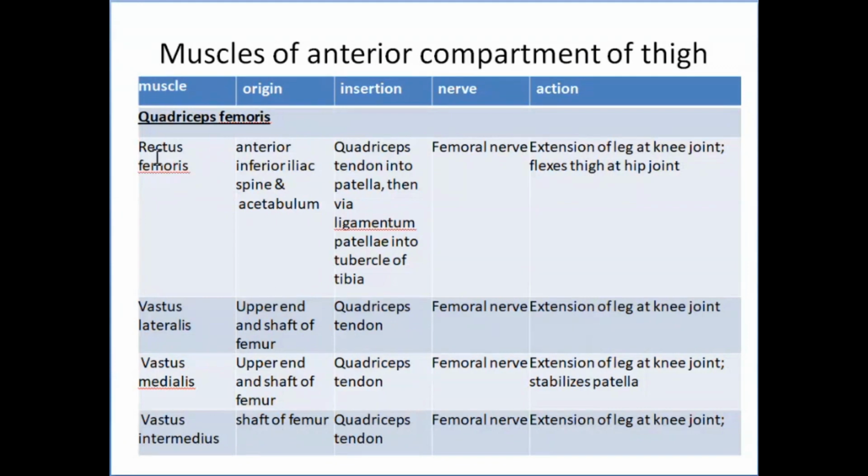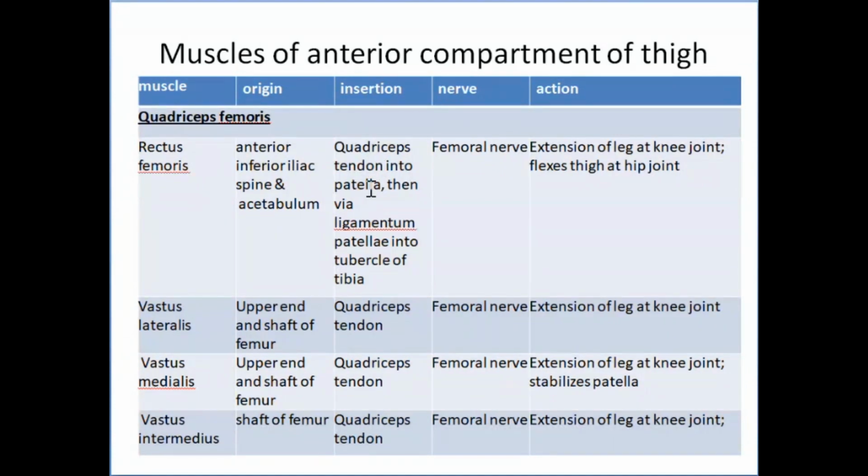Okay, but the rectus femoris, this is also a muscle which will come from the iliac bone, okay, and the acetabulum, from the anterior inferior iliac spine and acetabulum. So what is common about them is their insertion, okay, their nerve supply, okay, and as well as their action. Okay, so what is the common insertion? It is that all these four muscles, they form a common tendon known as quadriceps tendon, okay, which will go